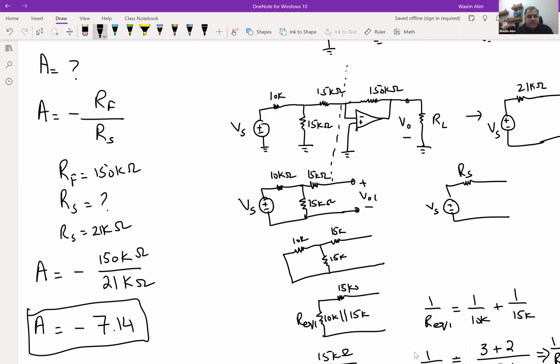negative value. So which means that we shift the voltage in terms of the phase, and we are increasing it by a factor of 7.14. So if it's a 2-volt input source, it's going to become 14.28 volts, but in a negative value, right? So as I mentioned,